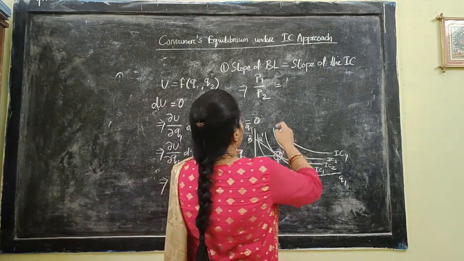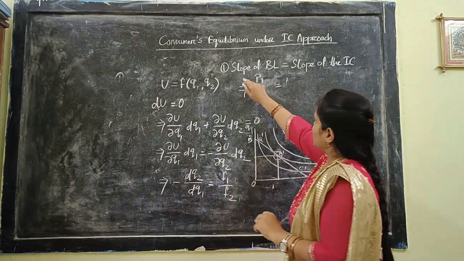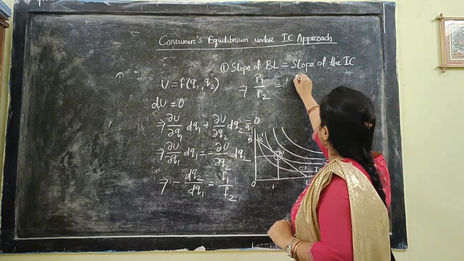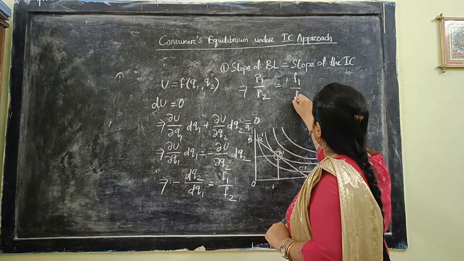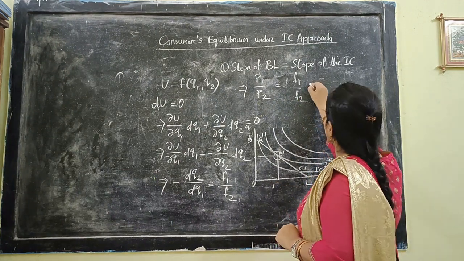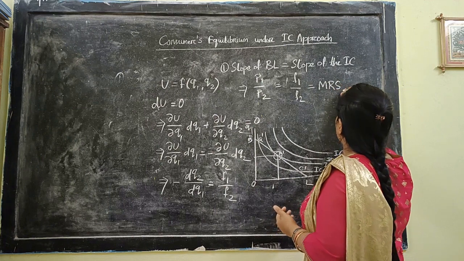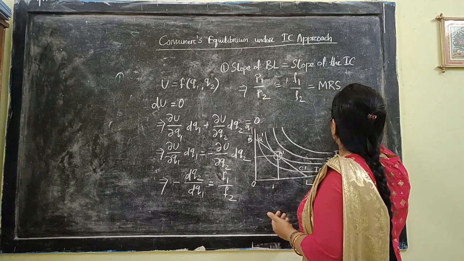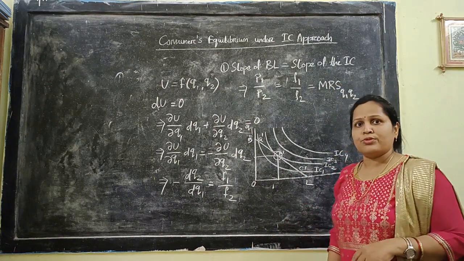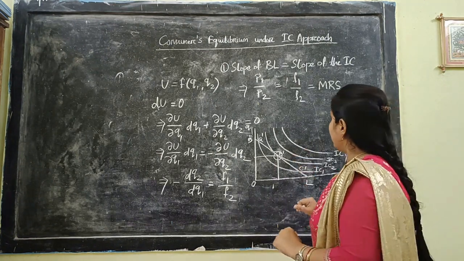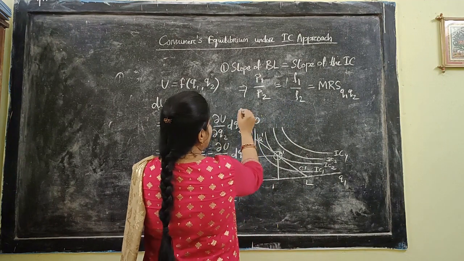So here I can write slope of budget line is equal to the slope of the indifference curve, that is equal to F1 by F2, which otherwise we can say is the marginal rate of substitution of Q1 for Q2. Marginal rate of substitution of Q1 for Q2, that we can write, right? So this, and the second condition